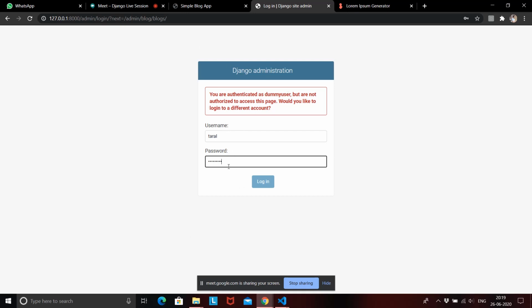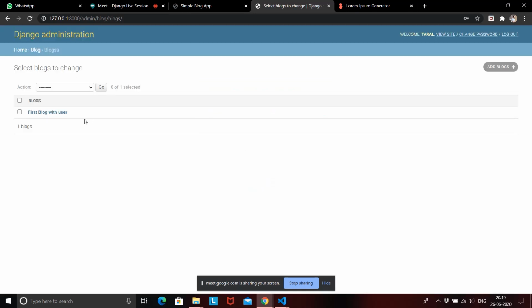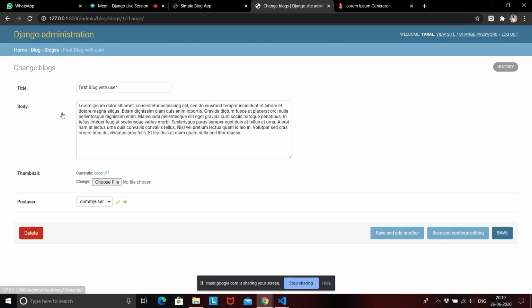So you need to log in with your super user, and here you have first blog with user, and if you go here, you can see the post user. That means who has created this blog. You can see this dummy user has created this blog. Fine. So this means that we have successfully created the foreign key with our user model and our blog model.